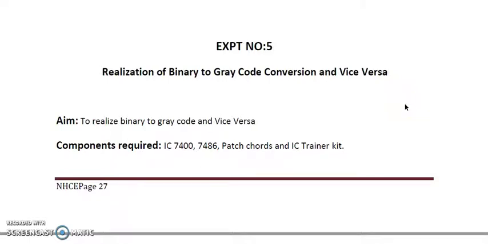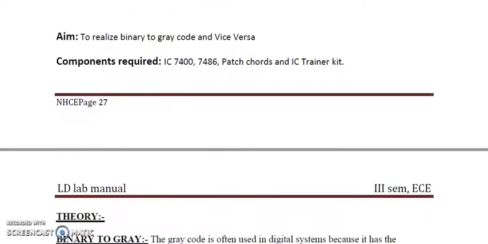Good morning, students. Today's experiment is realization of binary to gray code conversion and vice versa. To perform the realization, the components required are IC 7400, 7486, patch cords and IC trainer kit. Then,